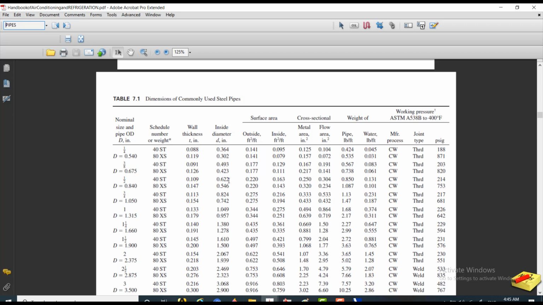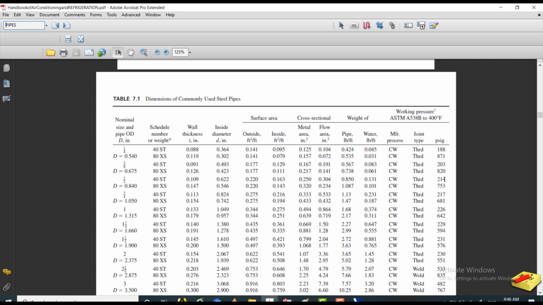So the inside diameter is 0.622 inches. If we convert that, it will be 16 mm for the 1/2. Then you have your outside surface given, cross-sectional area, and the weight of the pipe given. We also have the manufacturing process, CW, cold working. Then the joint type, and we have your working pressure. So take note, our working pressure is 214 psi gauge. Okay, so beyond that,